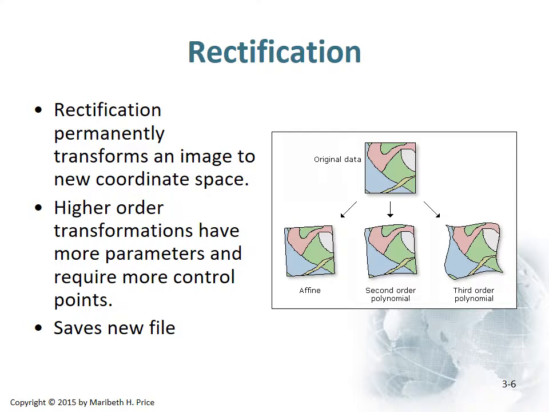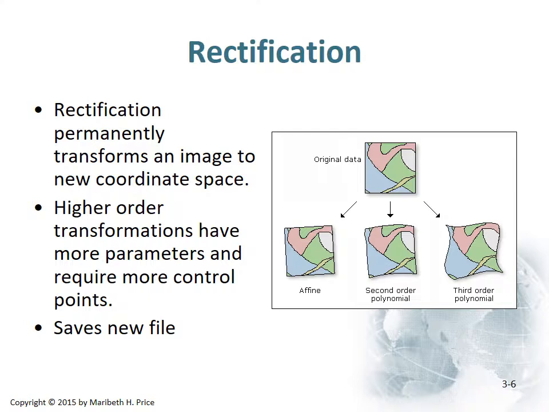The process of changing a data set from one coordinate system to another, if it didn't have one already, is sometimes known as rectification or georectification. So we take that data set that doesn't have any properties whatsoever, or maybe it has a different coordinate system to it, and we want to change it,